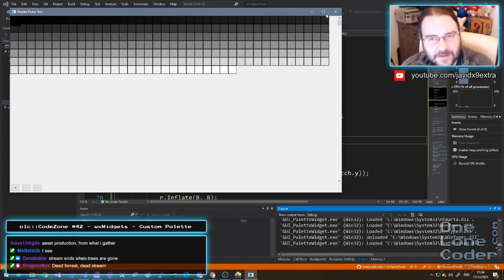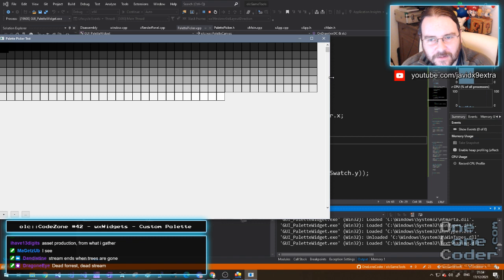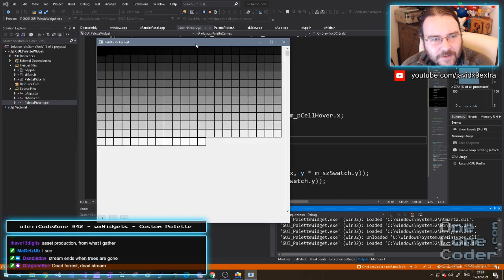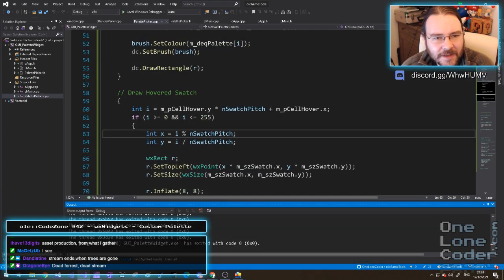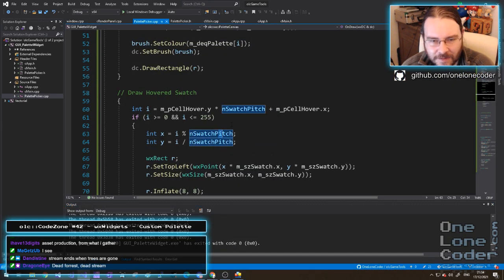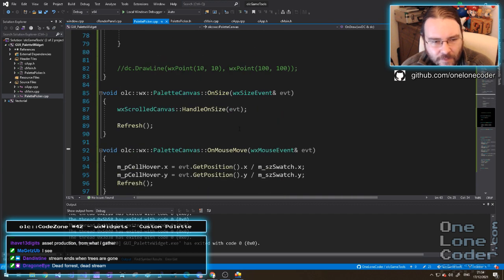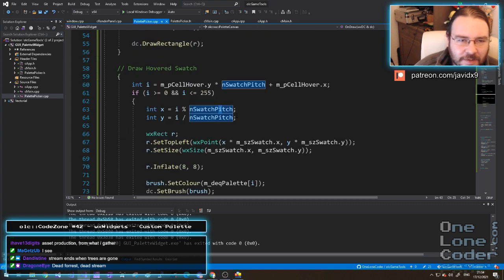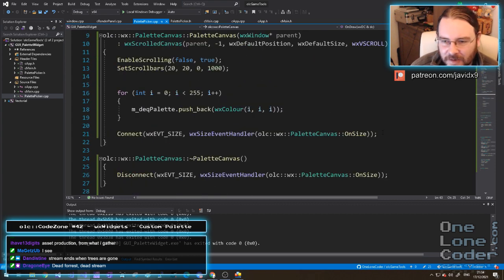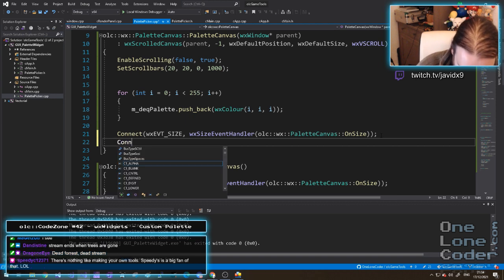Not drawing anything, so I'm guessing we might need to run some debugger here. Oh, it's drawing it up there. It's drawing it up in the top left, because it's always coming back as 0. Why have I messed up here? Oh, we've not connected the mouse move event. The most obvious thing. Connect